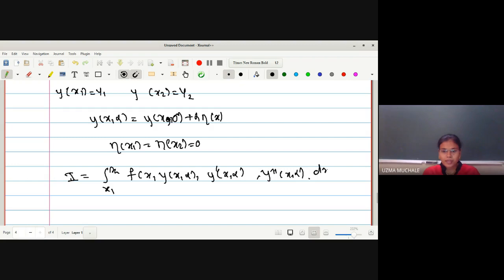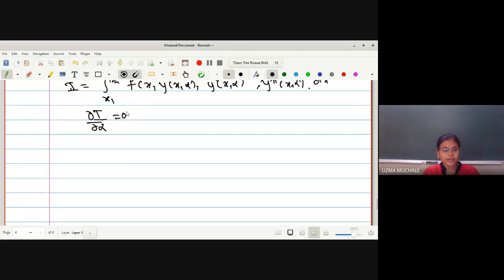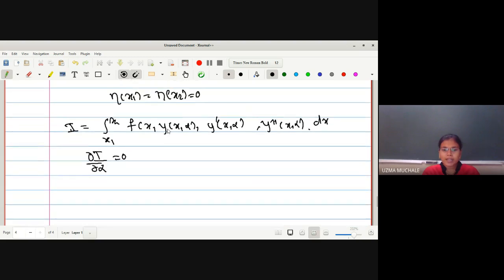Next, if I want to find the extreme of this, what do you mean by extreme of this? The first derivative should be equal to 0. Okay, we have to equate the first derivative to 0. After finding the first derivative, we have to simply evaluate the integration. But in this case, while evaluating the integration, if you remember, we have solved the integration by parts for this one. But now we have to solve the integration by parts for this term 2 times. Okay, so we have to use integration by parts for the 4th term 2 times.